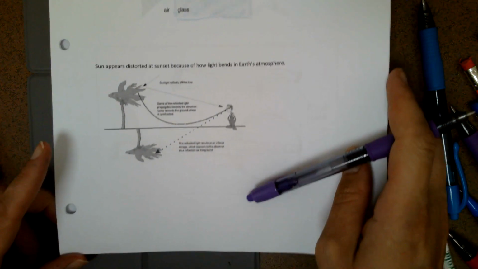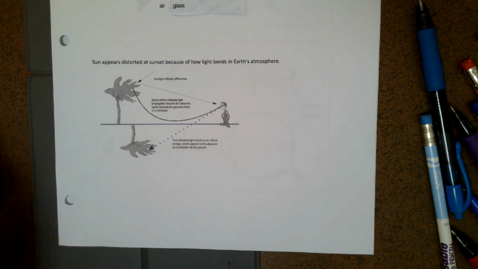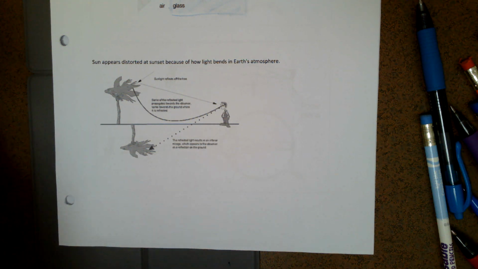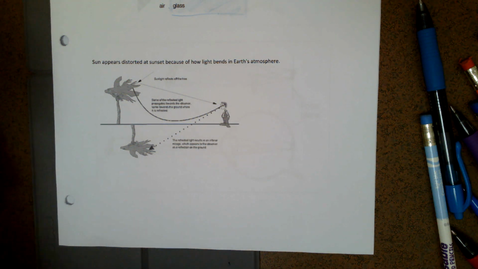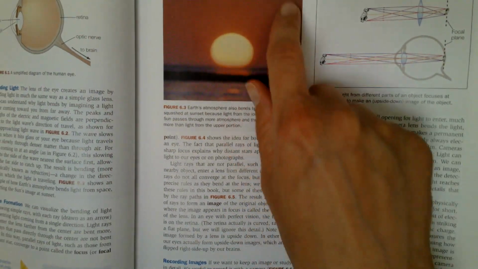And refraction happens in all sorts of different environments. This is one really cool one. The sun sometimes appears distorted because of how the light bends. And you can see a good image of that, so this at sunset,